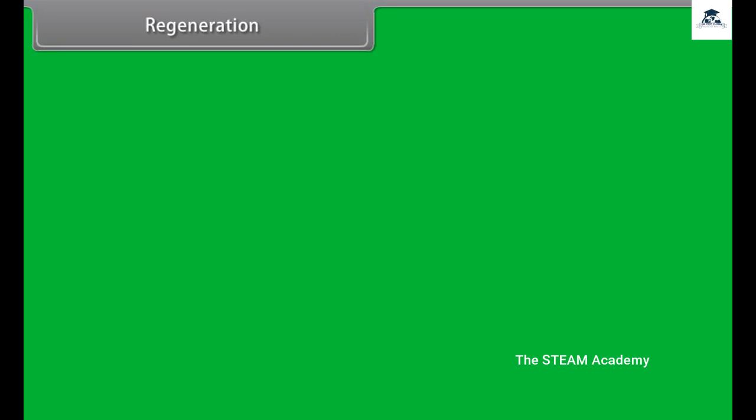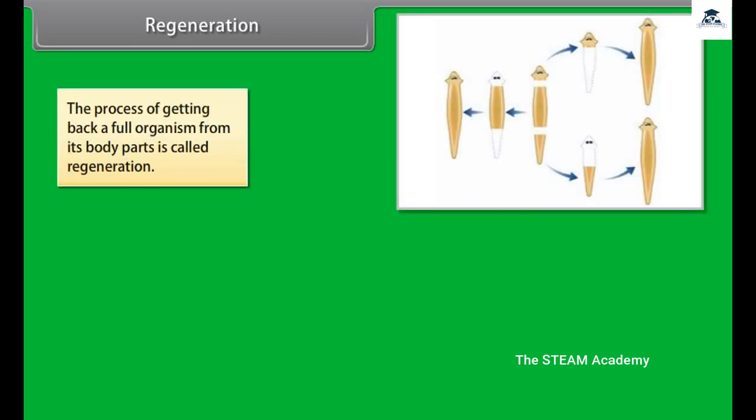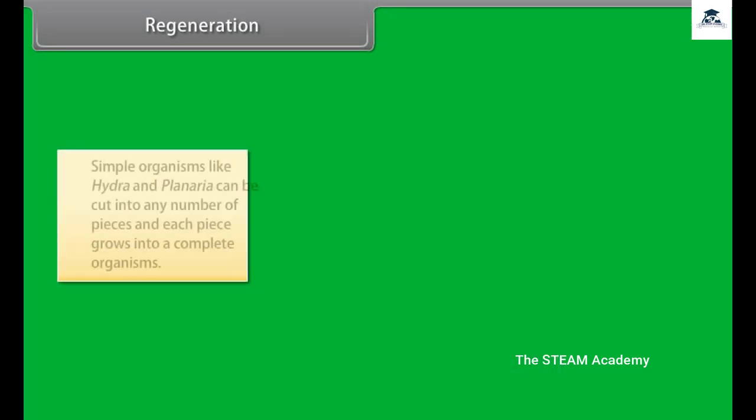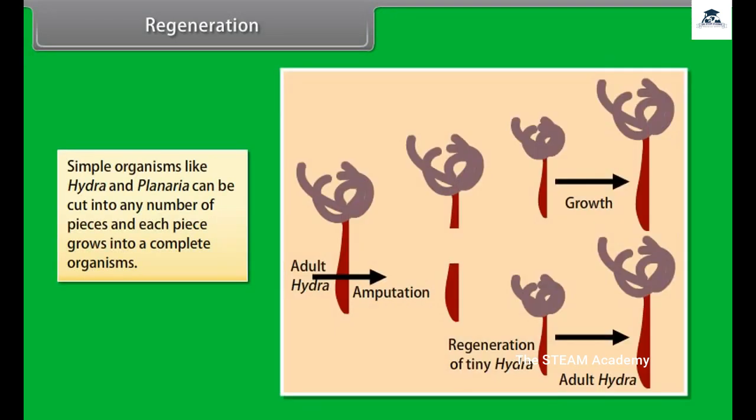Regeneration. The process of getting back a full organism from its body parts is called regeneration. It is the ability of a fully differentiated organism to give rise to new individual organisms from its body parts. Small cut or broken parts of the organism's body grow or regenerate into separate individuals. Simple organisms like Hydra and Planaria can be cut into any number of pieces, and each piece grows into a